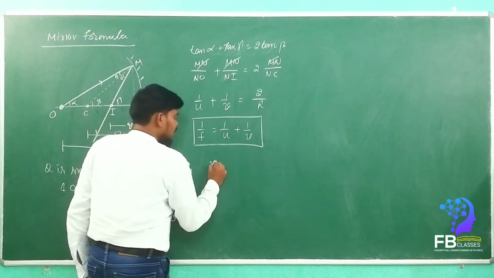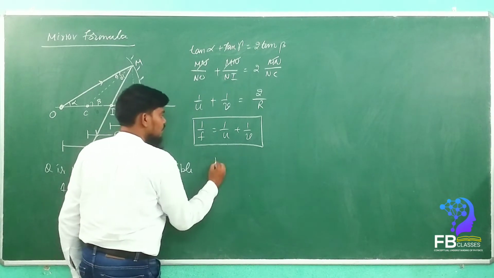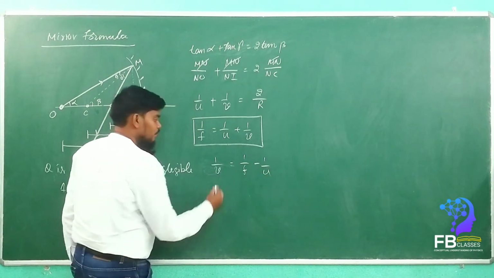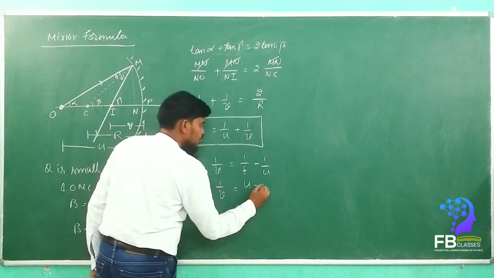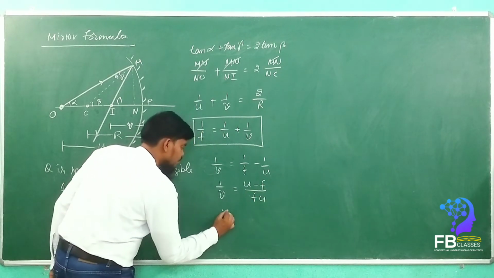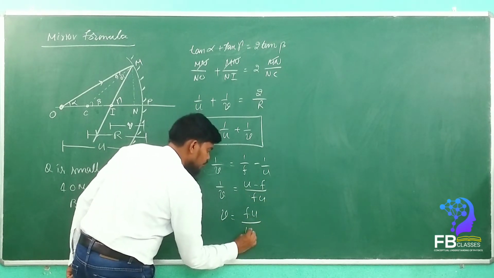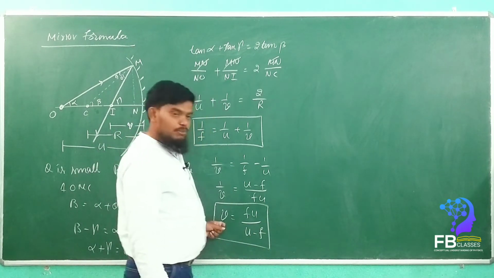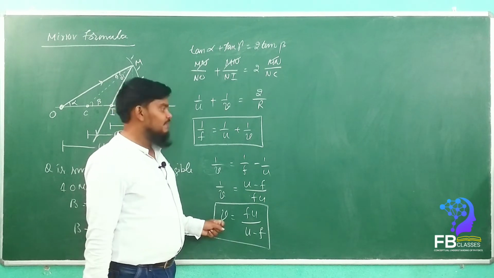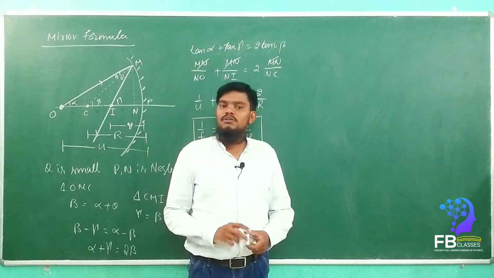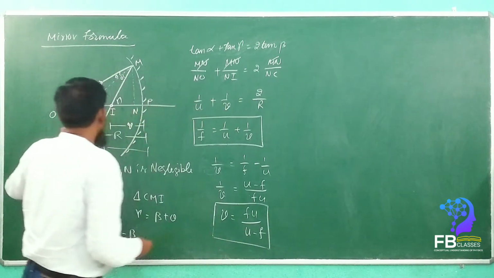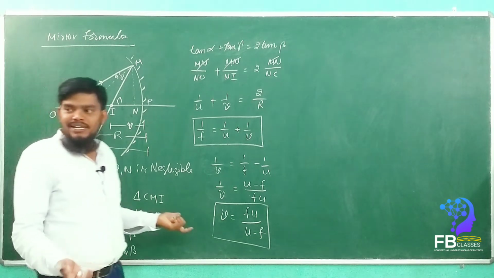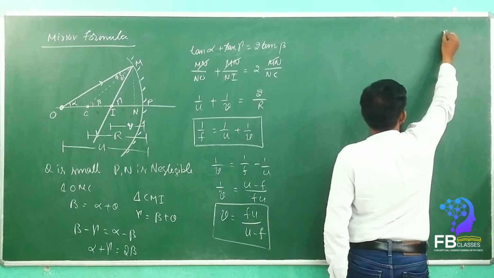So from here, how much will the v value come? See here, 1 by v is equal to 1 by f minus 1 by u. Yes or no? So 1 by v is equal to how much, my dears? u minus f by fu. So v is equal to fu upon u minus f. So this is the v value we have to find out, the image distance. Got it? Understand? So here also we have to put the values along with the sign. This proof we proved with the point object. If you want, you can prove with the extended object as well. Doesn't matter.